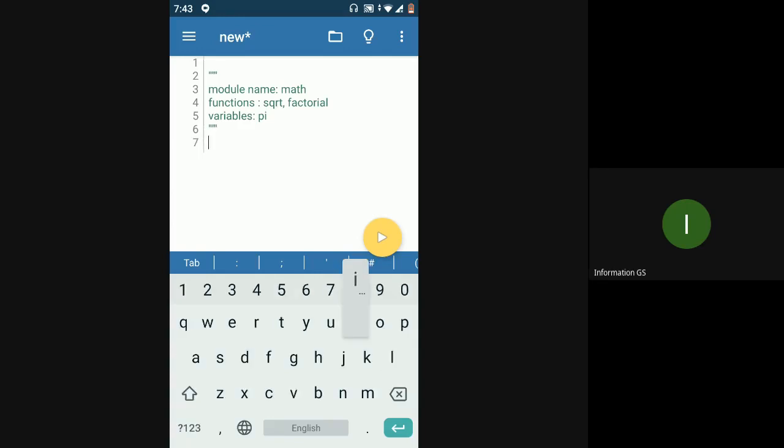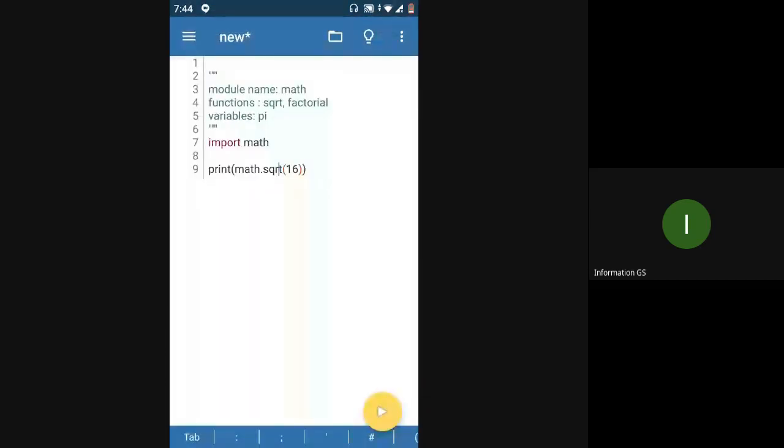So how to import the math module? Simple. You just have to do import math. That's it. Now you can try out the different functions present in this inbuilt module. Say you want to print the square root of 16. sqrt, that's how you use a square root. You just have to say math.sqrt(16), and it gives you 4.0.